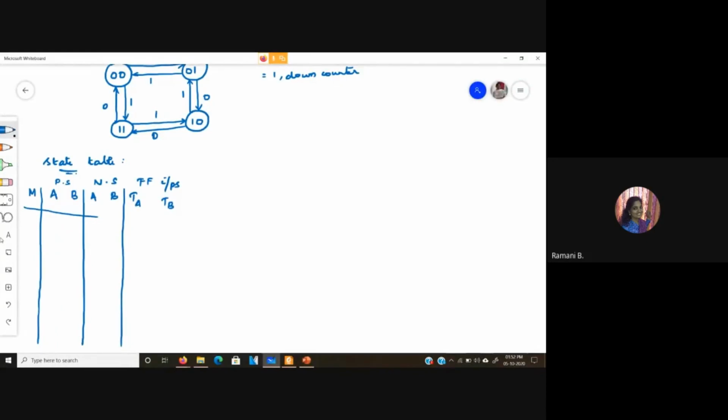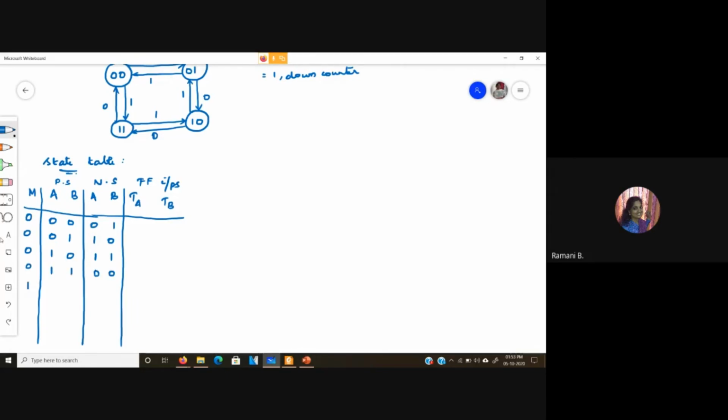Okay. So I was saying for M equal to 0, I am going to count up. So for M equal to 0, the present state 0 means next state is 1. 1 means 2. 2 means 3. And 3 means 0. Okay.